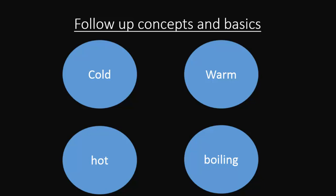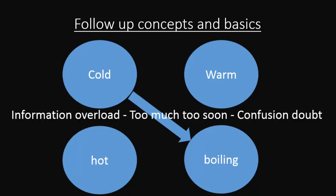The mistake most people make is to try to take people from ice cold to boiling in one go. That's like taking a glass of ice cold water and putting it on the hot plate of a cooker. It would just shatter. And in our case, we give too much information too soon, and when the brain is